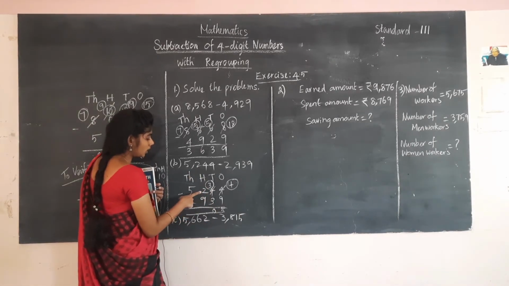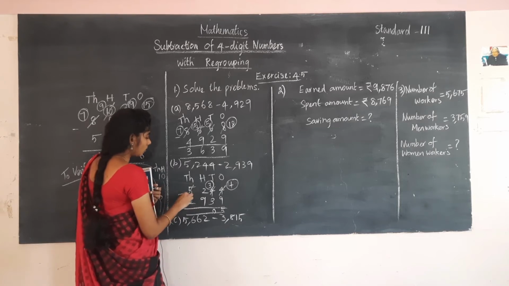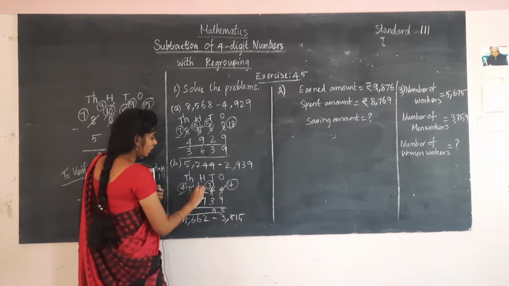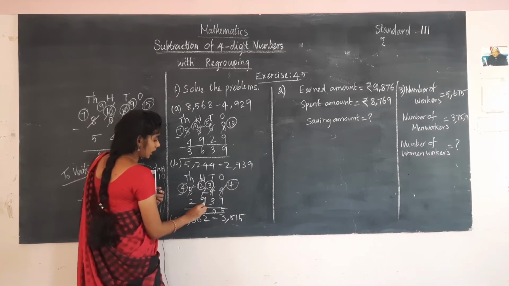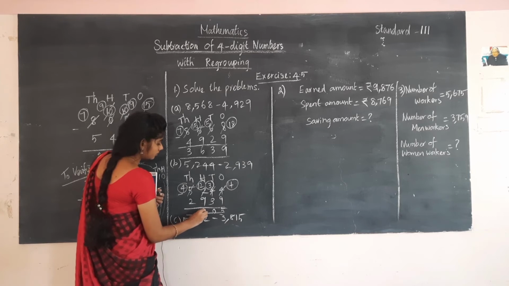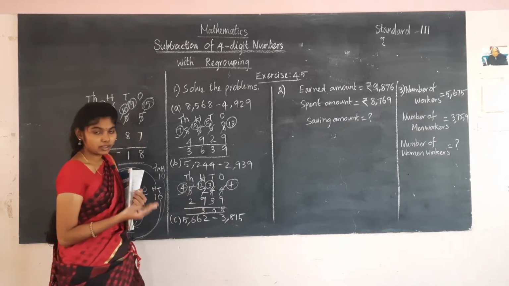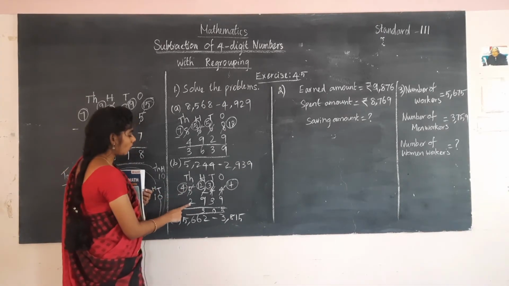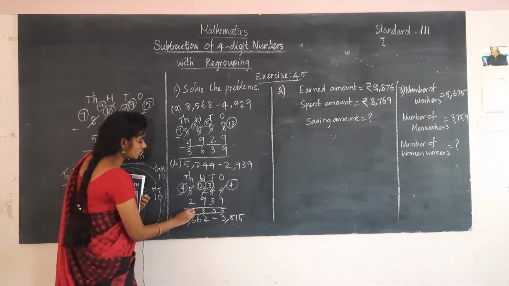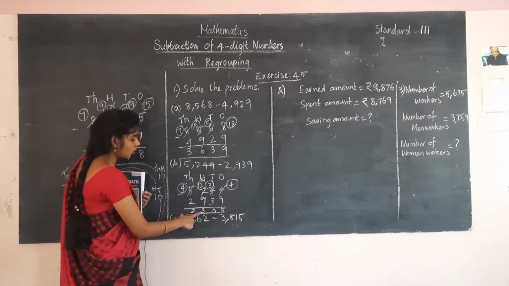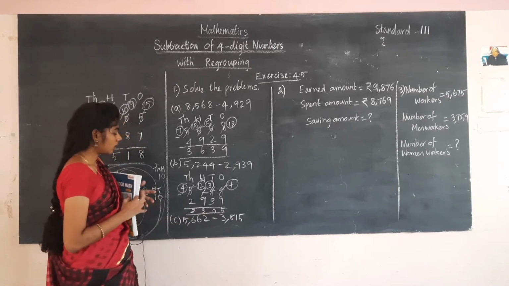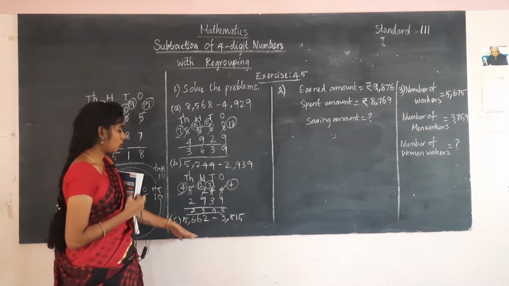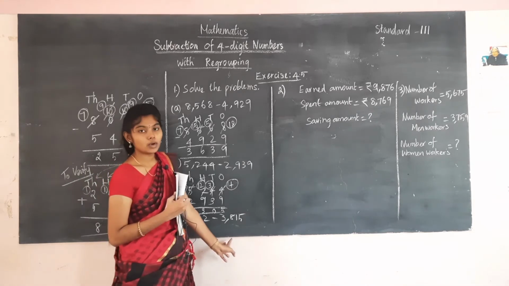Then here the smaller number, 2 minus 9. So you have to borrow the number. So write here 4 and here 12. So 12 minus 9 is 3. 12 in the mind, 9 in the fingers. Say the before numbers of 12, and you will get 3. Then 4 minus 2 is 2. So you got the answer as 2305. So in this way you have to subtract 4-digit numbers with regrouping. And this C sum, you are going to do as your homework sum.